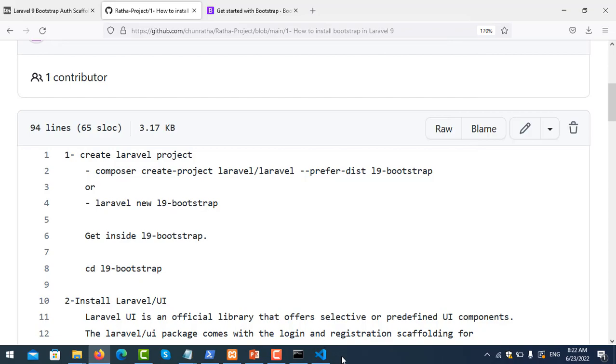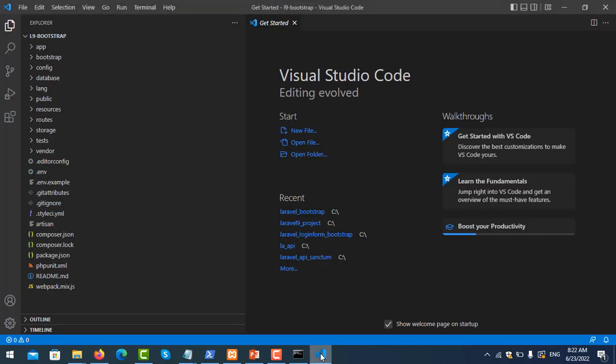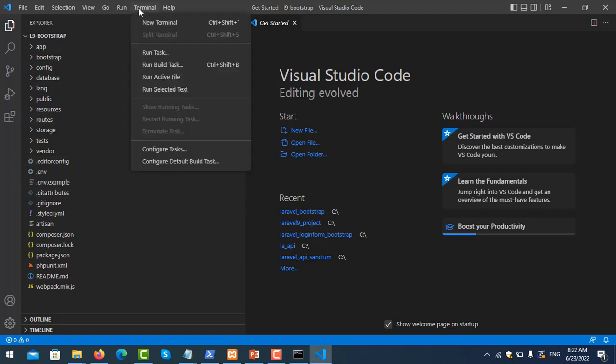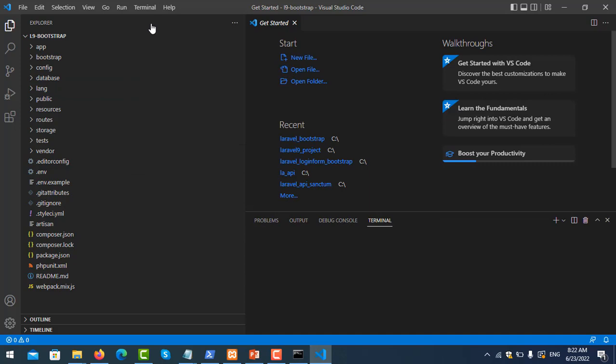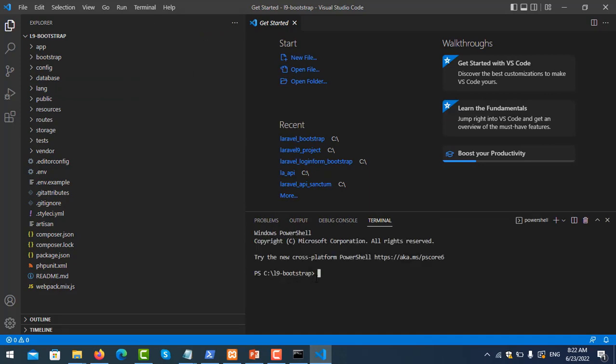But in this case, I use Visual Studio Code to develop, and in Visual Studio Code we have a terminal in here. So I just click on Terminal and New Terminal. By default it will switch to our project. Okay, it will be inside the project. You see our project, and you can write commands in here. Okay. So now we move to